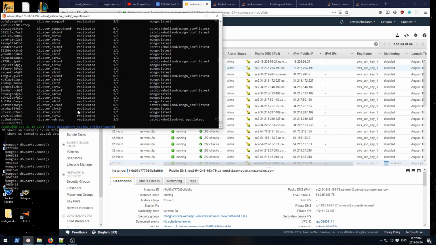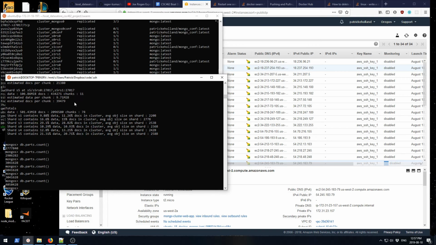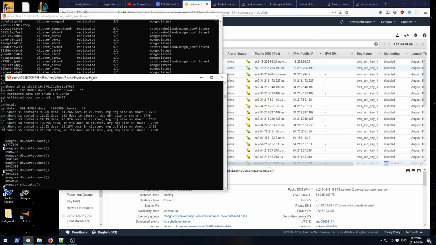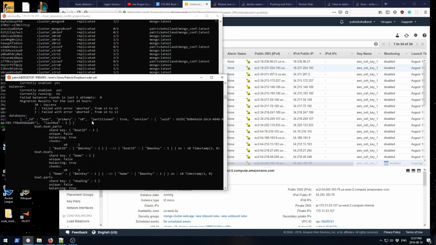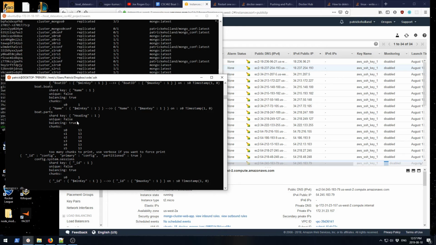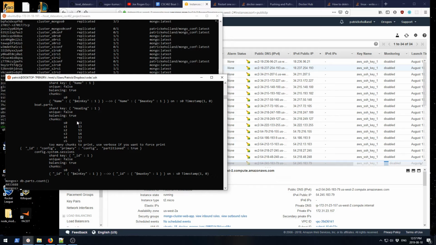There are currently 6 shards in the MongoDB cluster, so we can look at that with sh.status. We can see that there are 6 shards here, 0 through 5. And all of the rows of data currently are in the parts collection, so we can see how many. Right now I have just over 4 million rows of data in the database. So let's take a look at the sharding distribution